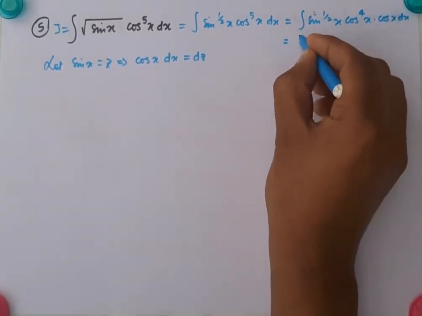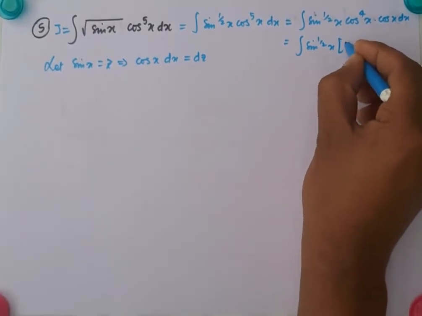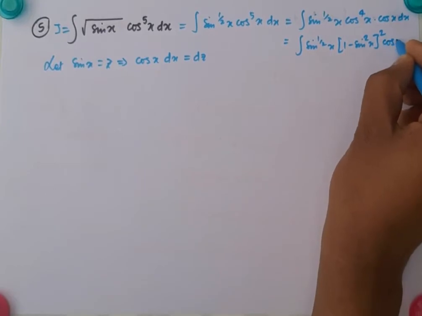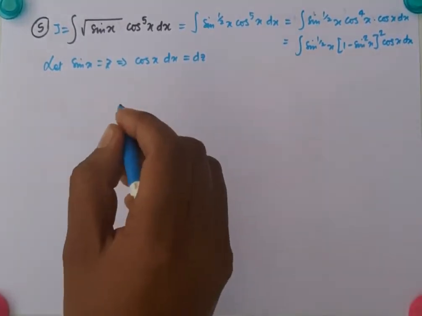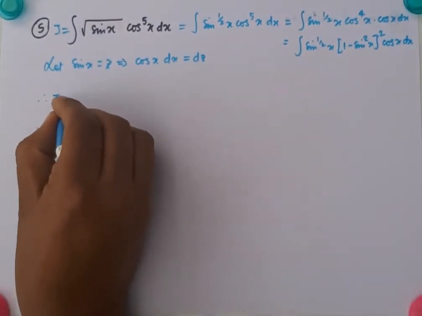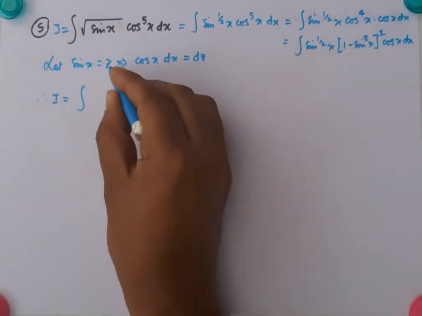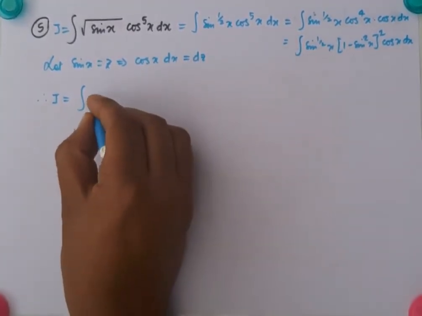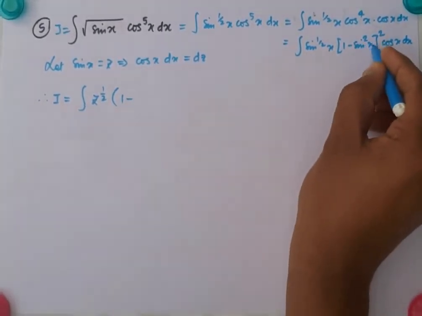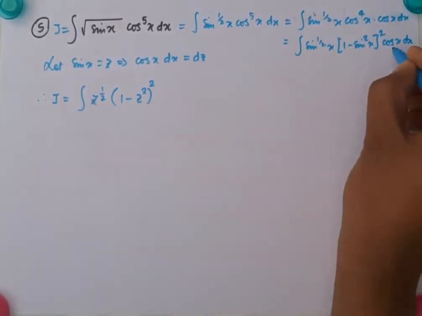And this can be written as sin to the power half x, and cos to the power 4x as (1 minus sin square x) whole square, cos x dx. So in that case your I will become integral of, sin x is z, so z to the power half, (1 minus sin square x is 1 minus z square) whole square,